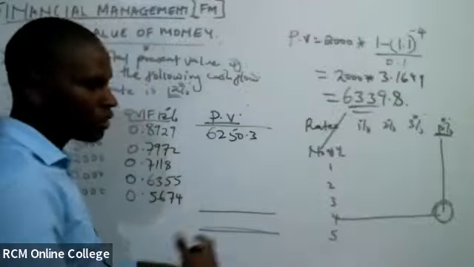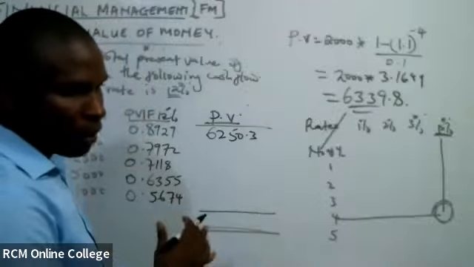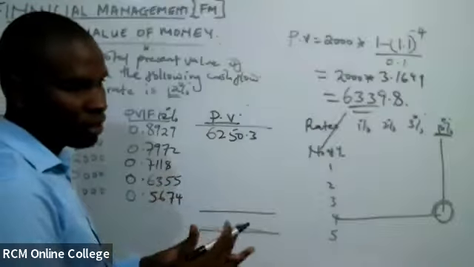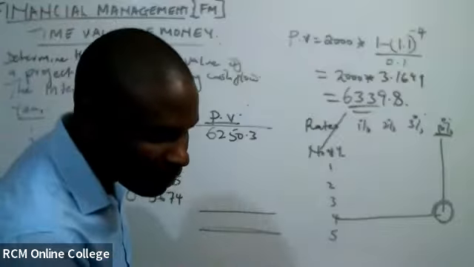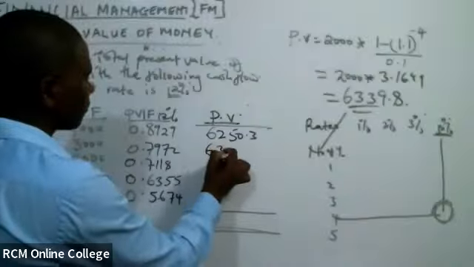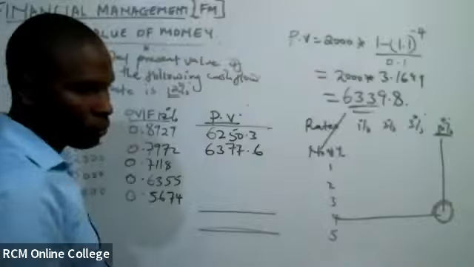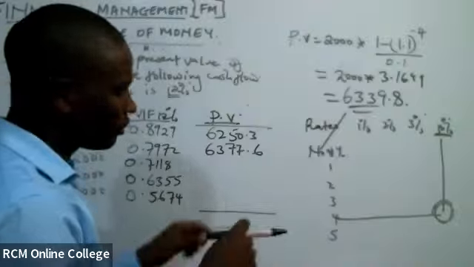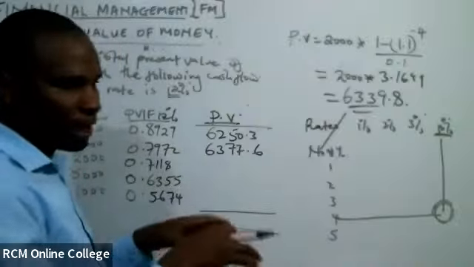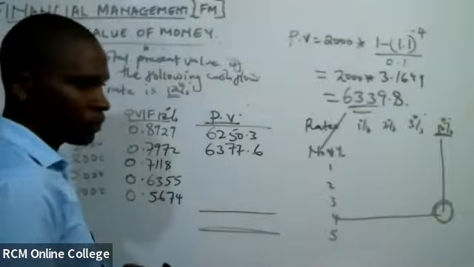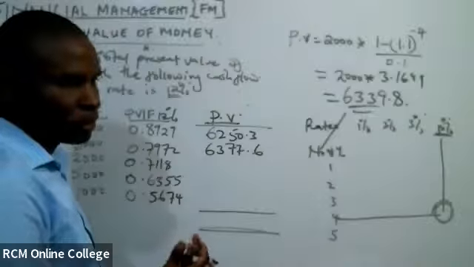Speed sasa, tuanze kuongeza speed pole until we get to that point where we don't even look at the calculator. 6377.6. Want to get to that point, we don't even look at the calculator, just punch your calculator without looking at the buttons. So next one,